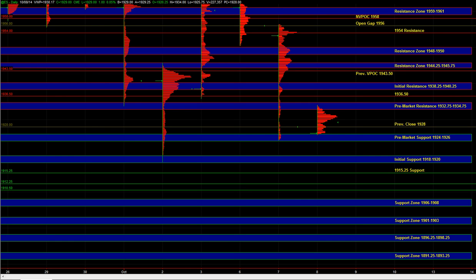Pre-market resistance 32.75 to 34.75. Ideally, ES holds below that zone. On the downside, a break below 24 to 26 would confirm the weakness that we saw yesterday, and that can lead to a test of 18 to 20. We can get some rotation there. It's an okay spot to take some profit if you're short, but not necessarily the best spot to go long,